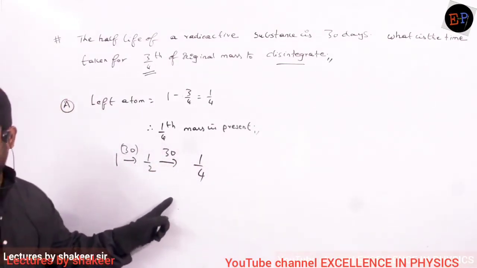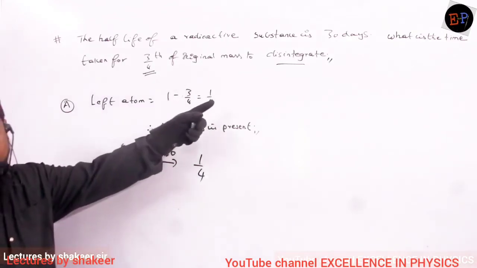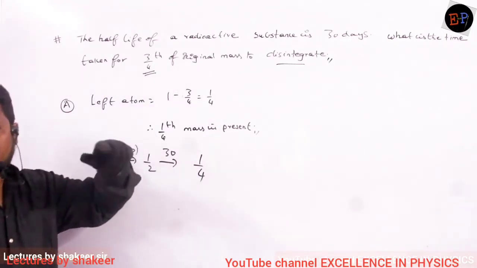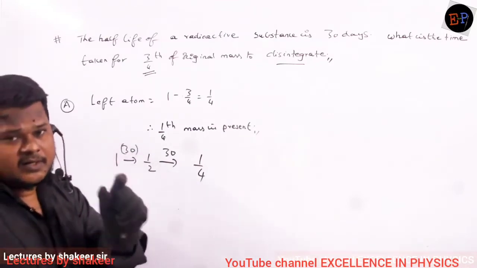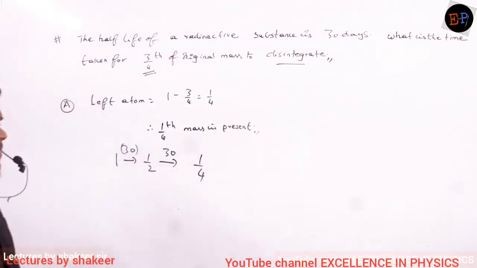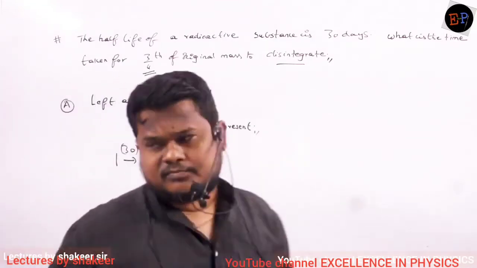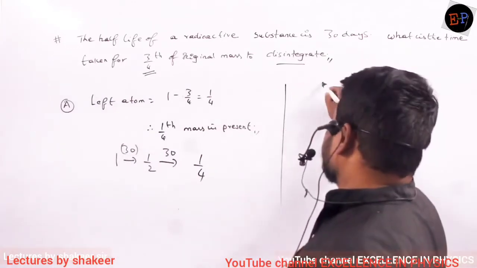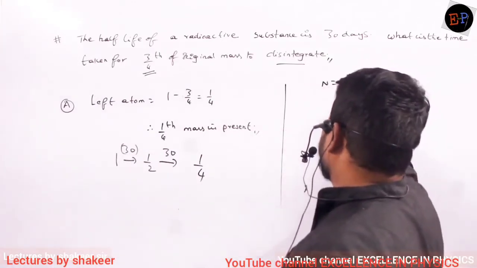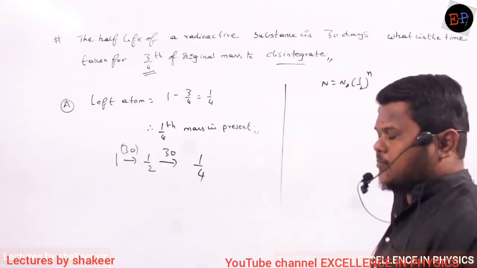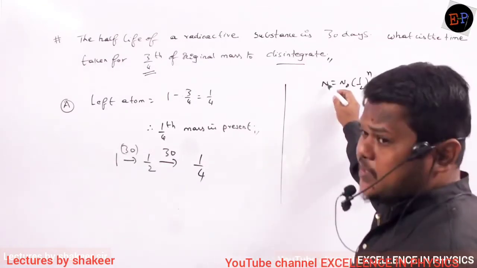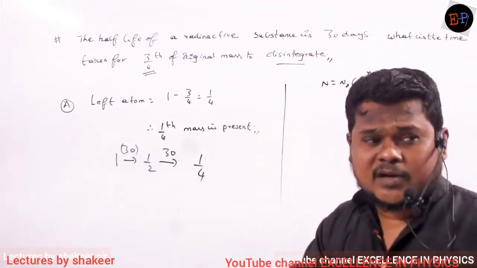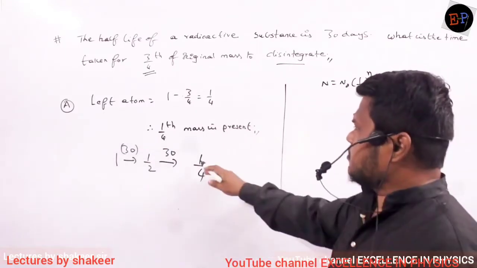Very simple. So you should read the question very carefully first of all, and then identify the meaning of each word which we have written in the equation. Or if you want to solve according to the equation, how can I solve? Let us see. N is equal to n naught into 1 by 2 power n. Are you able to understand? So n means what here? The number of atoms which are left, which are ready for disintegration. That is 1 by 4.